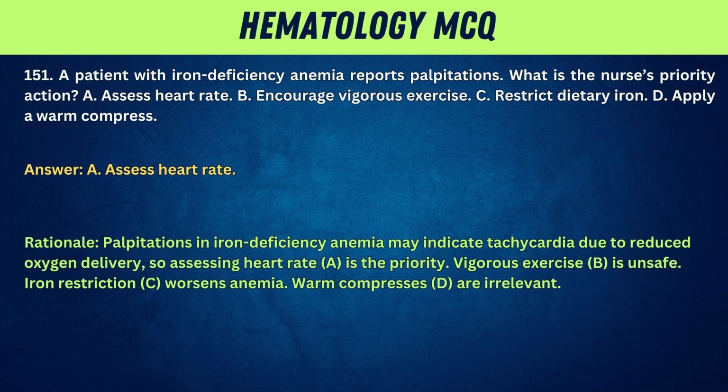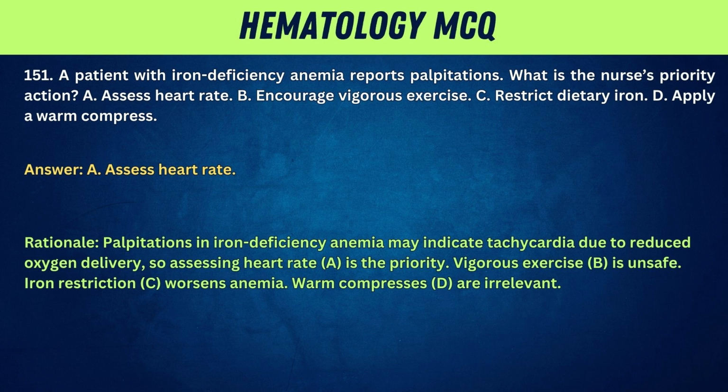151. A patient with iron deficiency anemia reports palpitations. What is the nurse's priority action? A. Assess heart rate. B. Encourage vigorous exercise. C. Restrict dietary iron. D. Apply a warm compress. Answer: A. Assess heart rate. Rationale: Palpitations in iron deficiency anemia may indicate tachycardia due to reduced oxygen delivery, so assessing heart rate, A, is the priority. Vigorous exercise, B, is unsafe. Iron restriction, C, worsens anemia. Warm compresses, D,